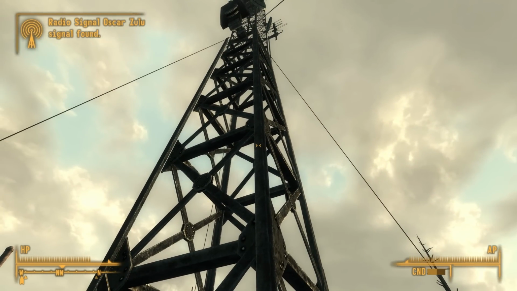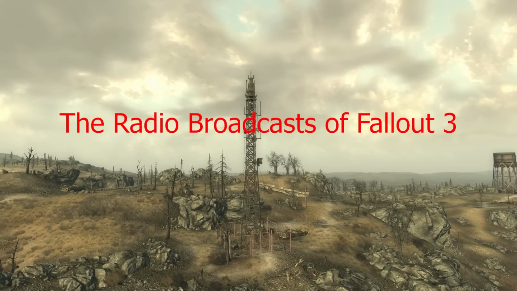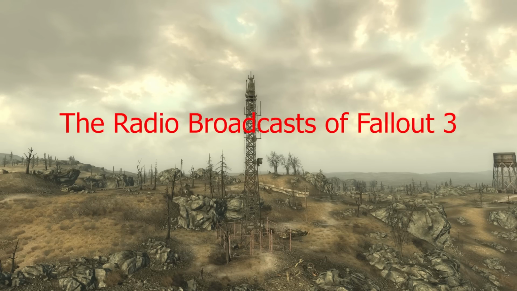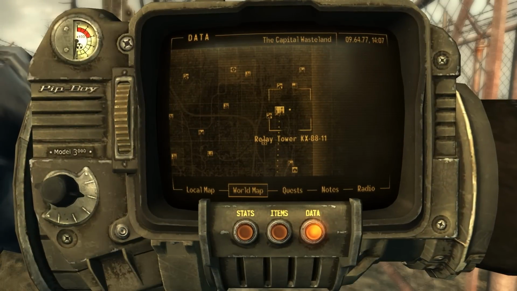that you're looking for. So on that note, I am LittleGrimmReapr, and today we are talking about the various radio broadcasts that you can get in Fallout 3. Enjoy. So the first radio broadcast that you will have will be at Relay Tower